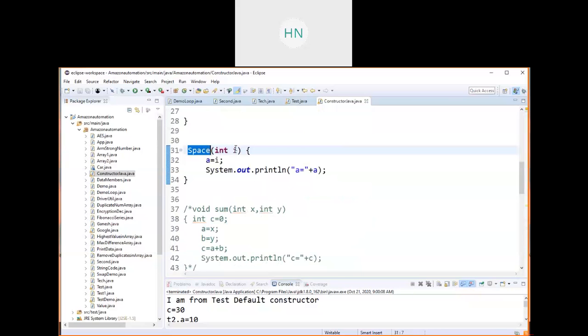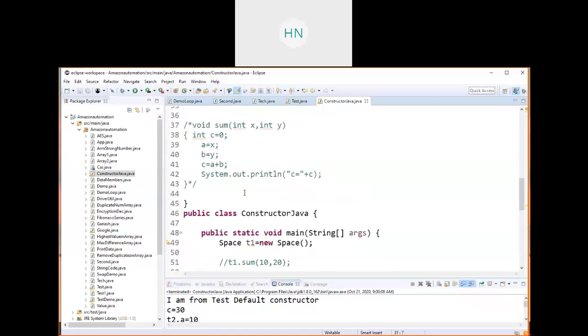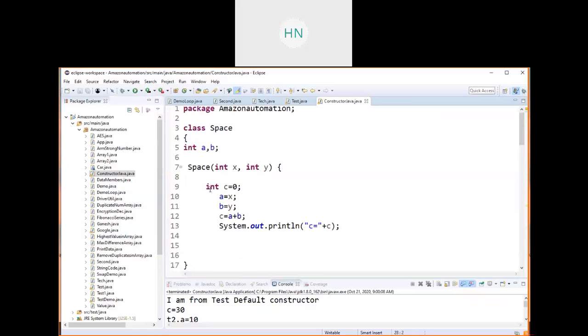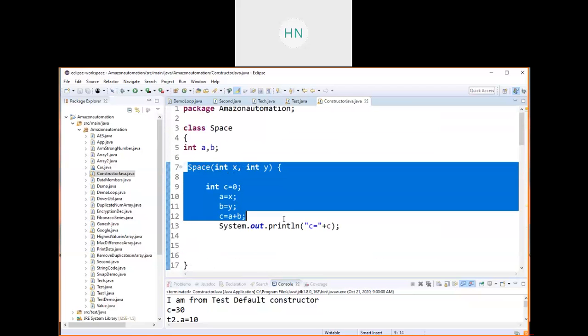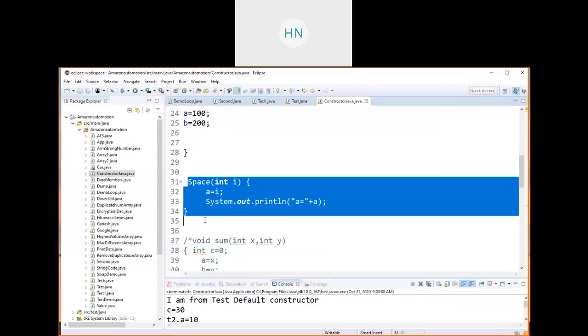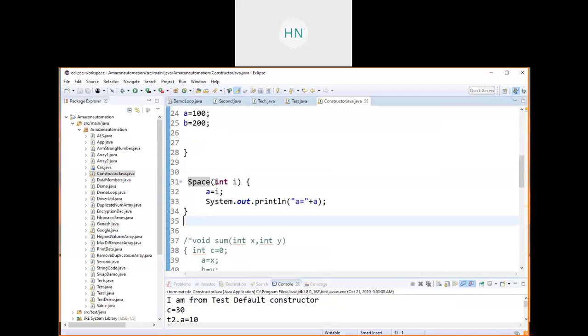This is your default constructor, and you are already having one with two parameters and one with a single parameter. So the order of the parameters, number of parameters, type of parameters are going to change. The constructor name is the same, the signature is going to vary here.